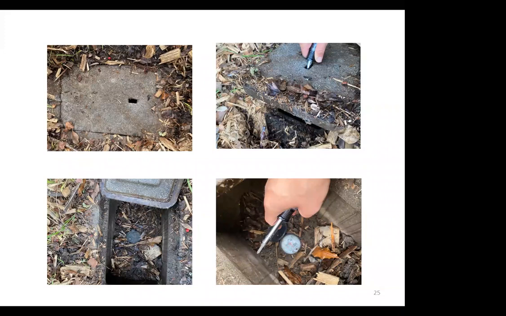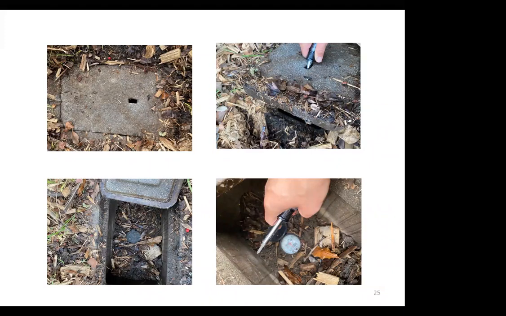Your water meter is usually found in the front of your home, either near the edge of your yard or sometimes in the sidewalk or at the end of your driveway. These are actually pictures that I took from my own front yard to show what the meter looks like. It's located in a cement box, usually has an EBMUD logo on top of it, and you'll need a screwdriver or something that you can use as leverage to pry the cement lid off, because it can be pretty heavy. So inside is your water meter.